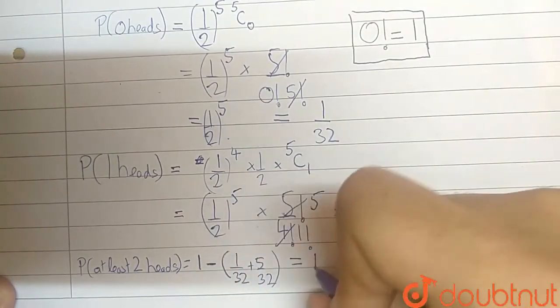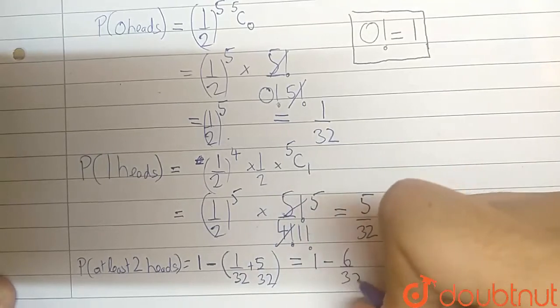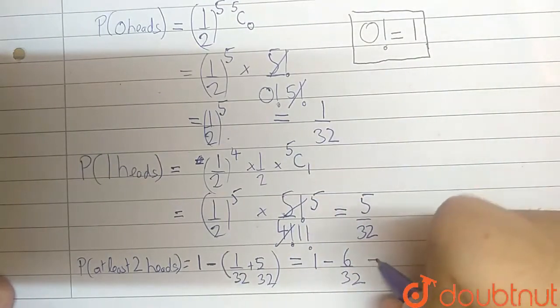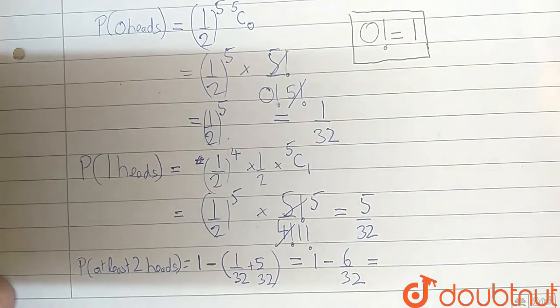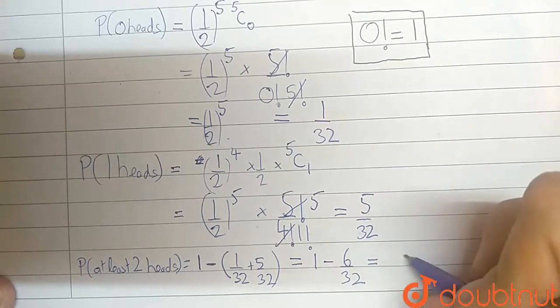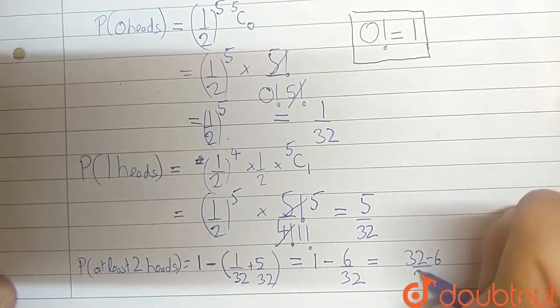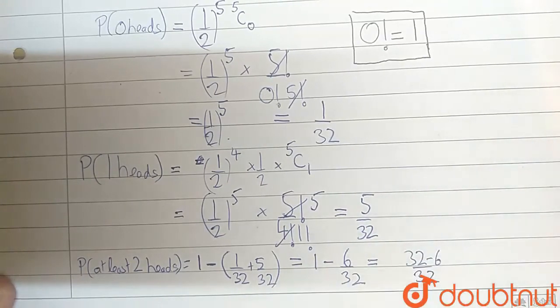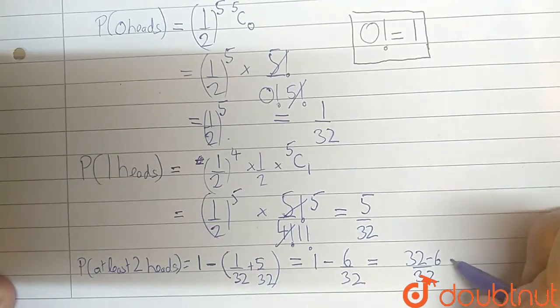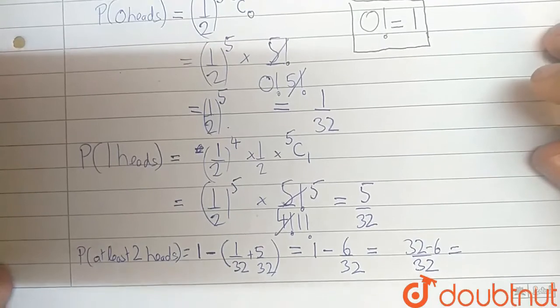So this is 1 minus 6 by 32, which we can write as 32 minus 6 by 32, because the 1 is taken as 32 by 32 and then we can subtract. So this is equal to